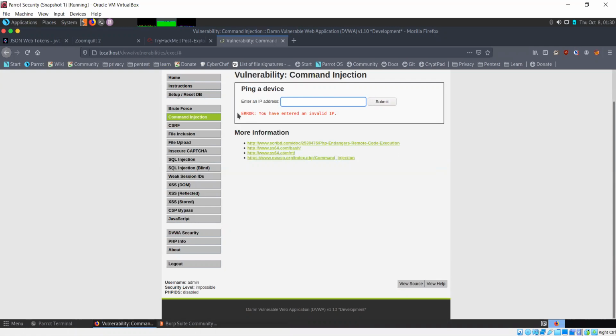Otherwise, we'll see an error like this. You have entered an invalid IP. Any questions here? No? Okay.